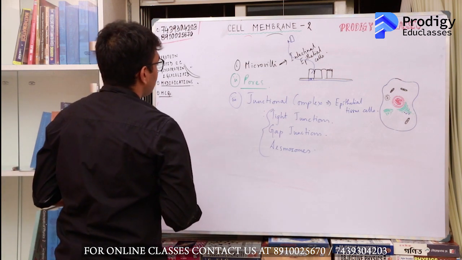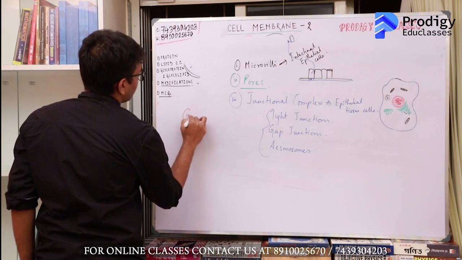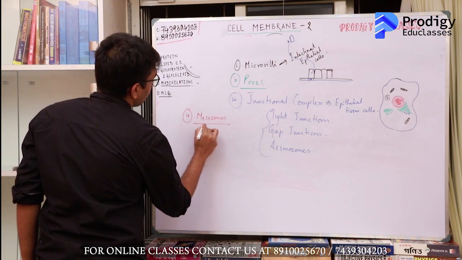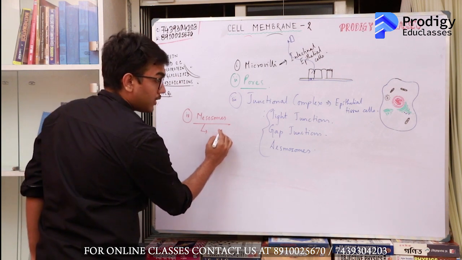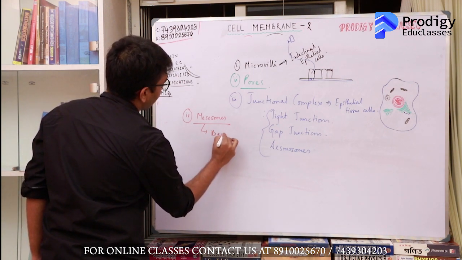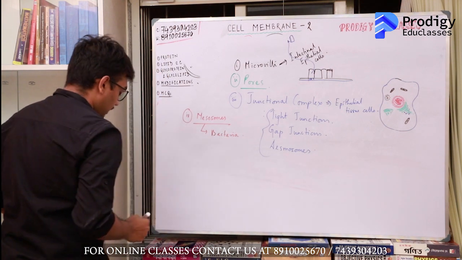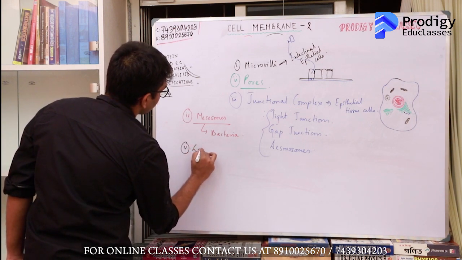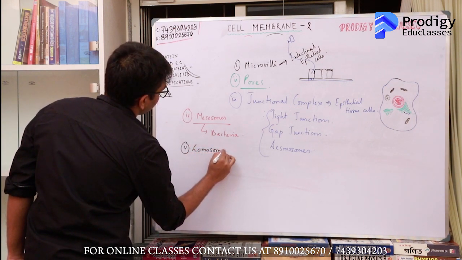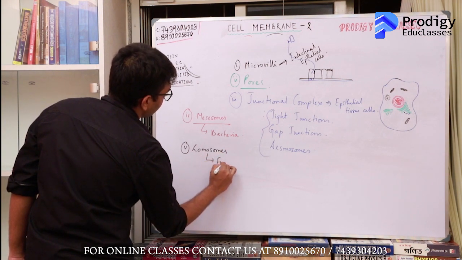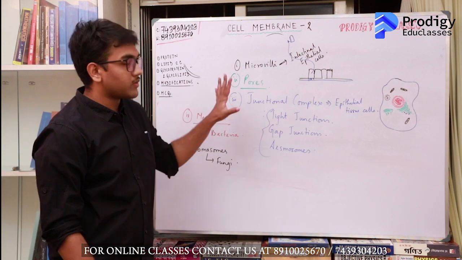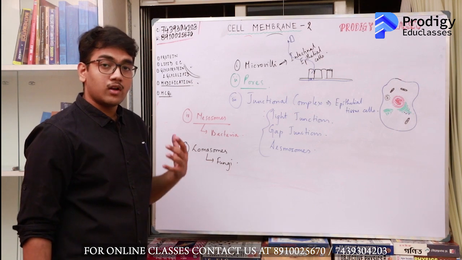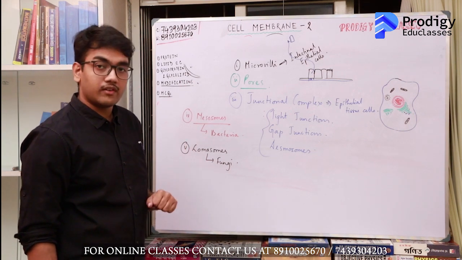Next, come to a few primitive modifications of cell membranes, which include mesosomes. Mesosomes are cell membrane foldings which are involved in cellular respiration, and these are present in bacteria. And you have the lomasomes, which are modifications of the cell membranes which are present in the fungi. Okay, this sums up a basic knowledge of modifications of the cell membrane. Now let us deal with some MCQs to see how far we have understood the functioning of the cell membrane.